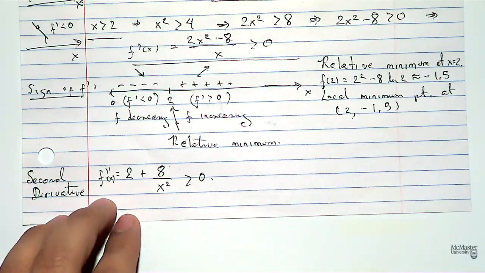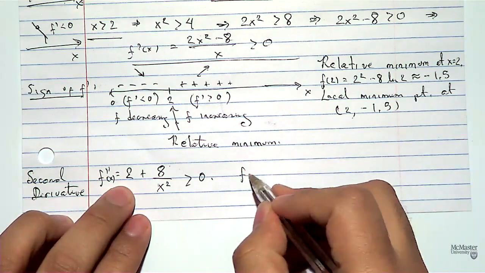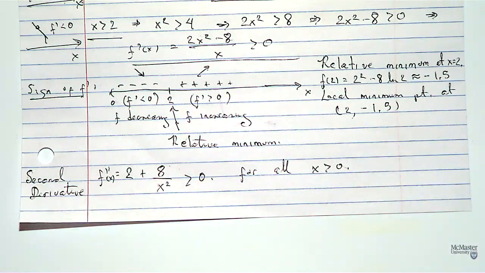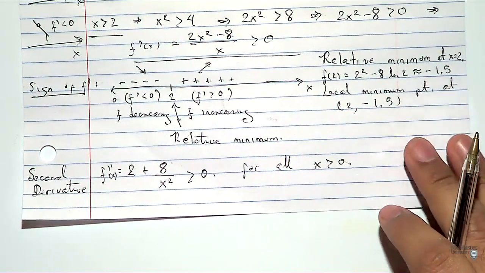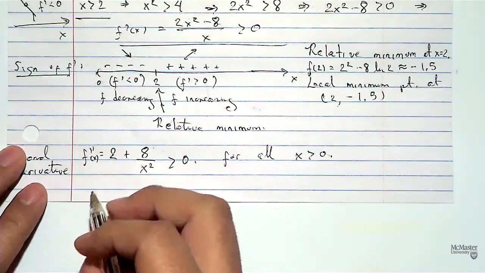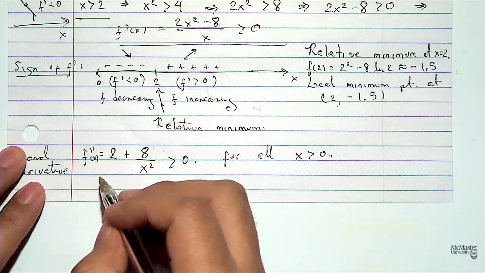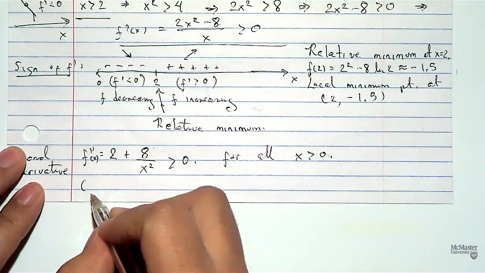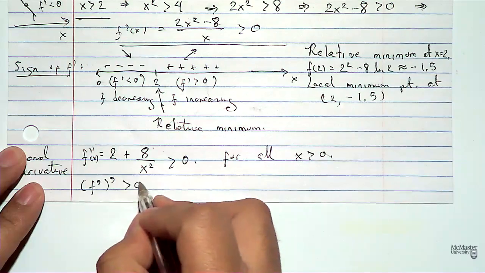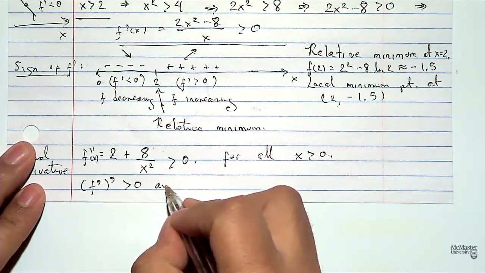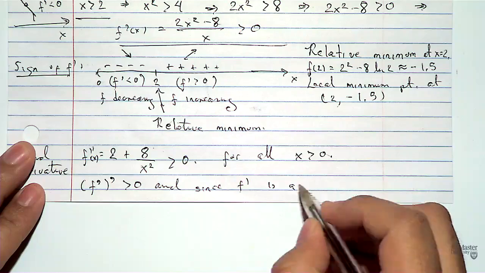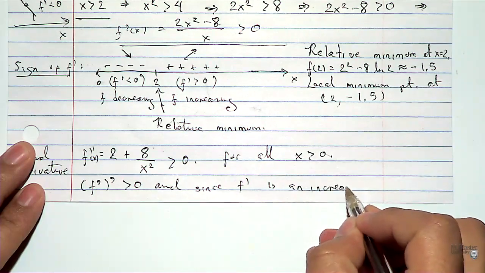And I think you guys notice that this is a positive quantity. Right? You have x squared. So this is positive for all values of x greater than 0. Well, in fact, in general, but just to give an explanation of why we care about the second derivative: f double prime, which is f prime prime, is greater than 0. And since f prime is an increasing function,